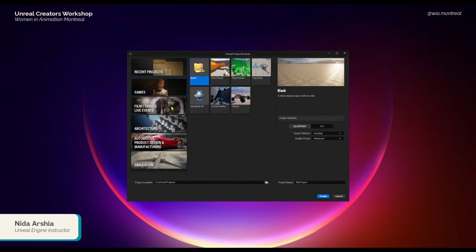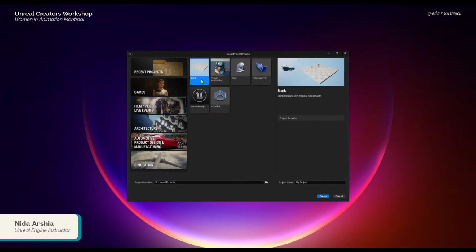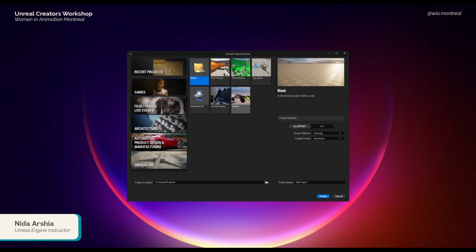The only difference that you are going to find between templates, let's say between a blank template, a film template or a games template, is that certain plugins are going to be enabled for the use case. So it's your choice how you want to start your project.